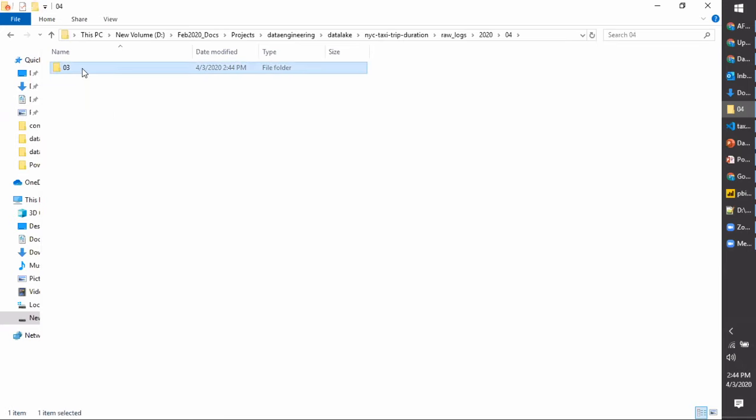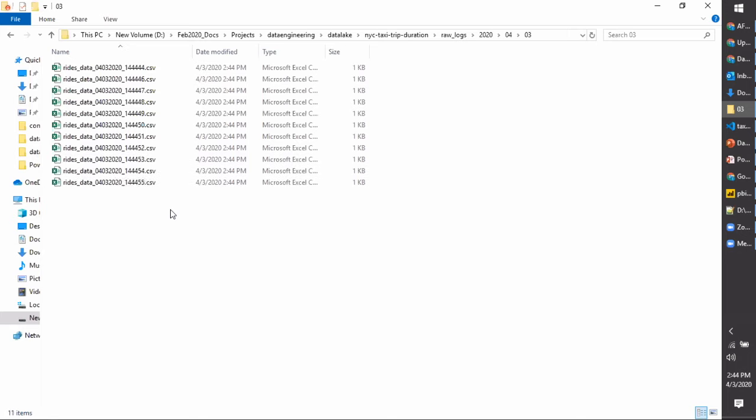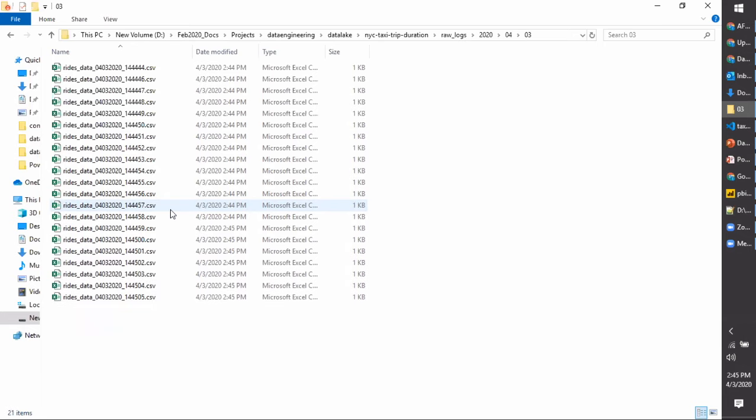If it is not there, then it goes to month wise, sorry, day wise, and it starts generating data per second. I am creating this data here per second, but you can imagine that every microsecond or within a second